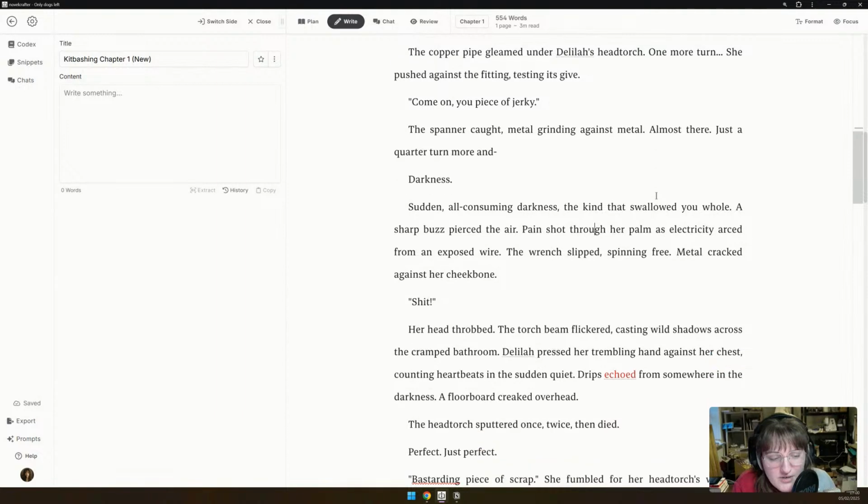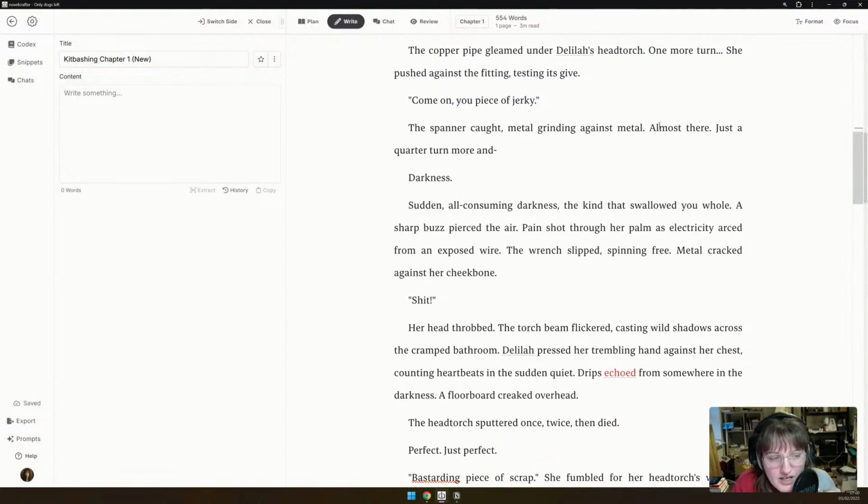The spanner caught, metal grinding against metal. Almost there. Just a quarter turn more and darkness.